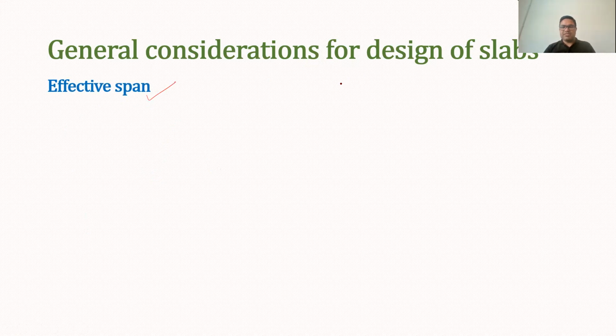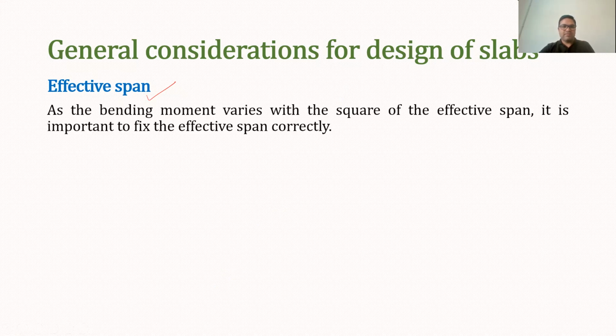So basically, slab can be of isolated roof or can be of multi-story building. So in that, how do we find out the effective span, effective shorter span and effective longer span? So IS code have suggested some rules for different type of slab depending on the support condition. So that we will see here.